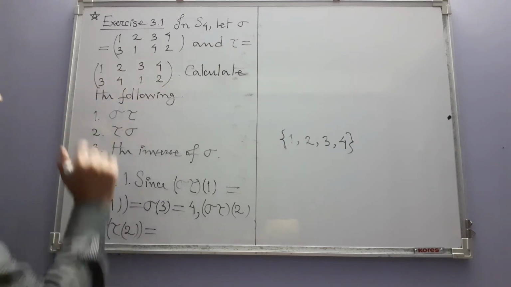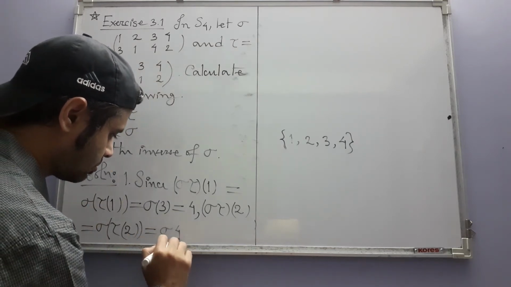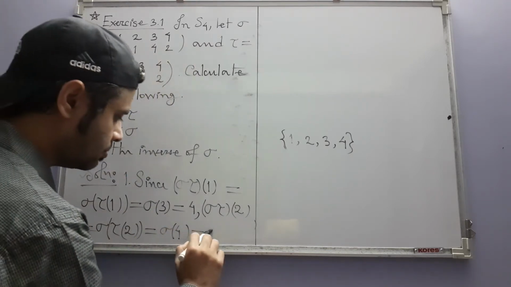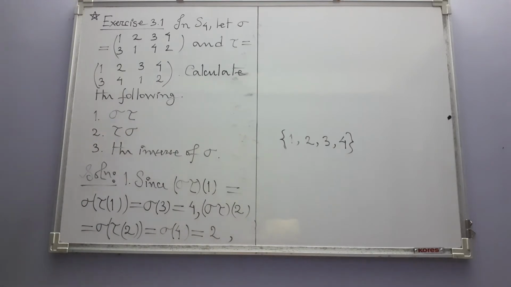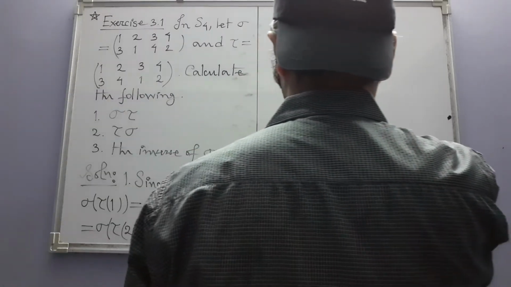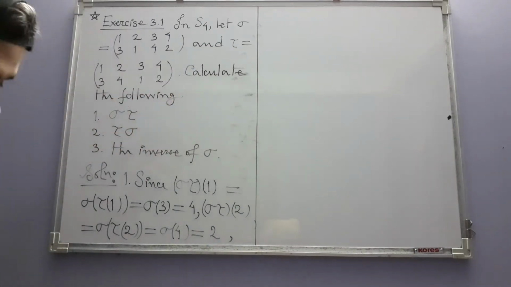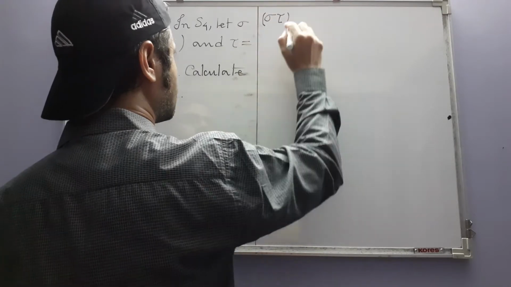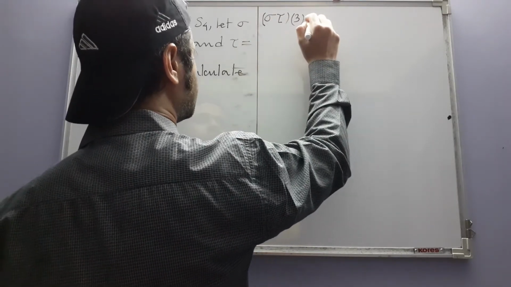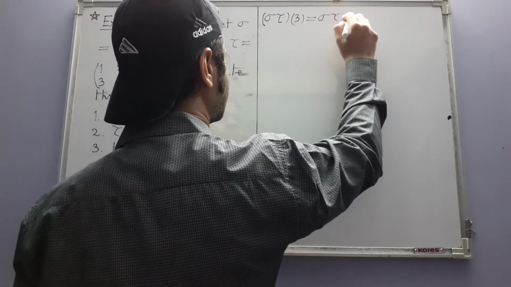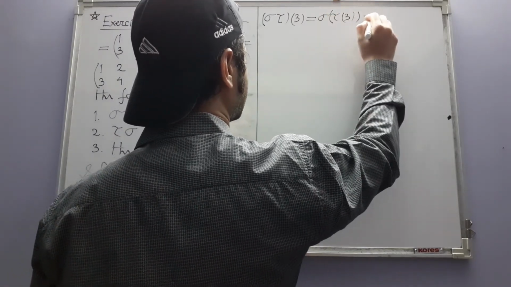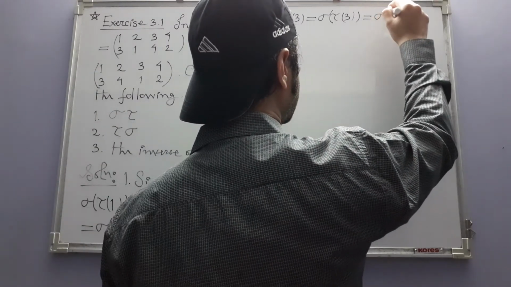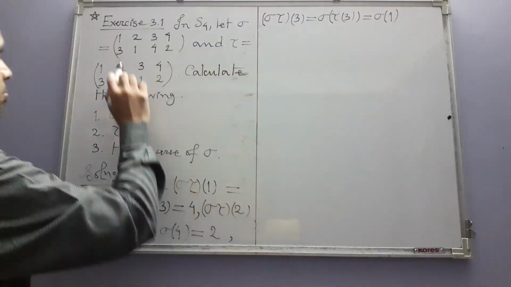Tau of 2 is 4. And sigma of 4 is 2. Then sigma composition tau of 3, that is sigma of tau of 3. Tau of 3 is 1, that means this is sigma of 1, which is 3,